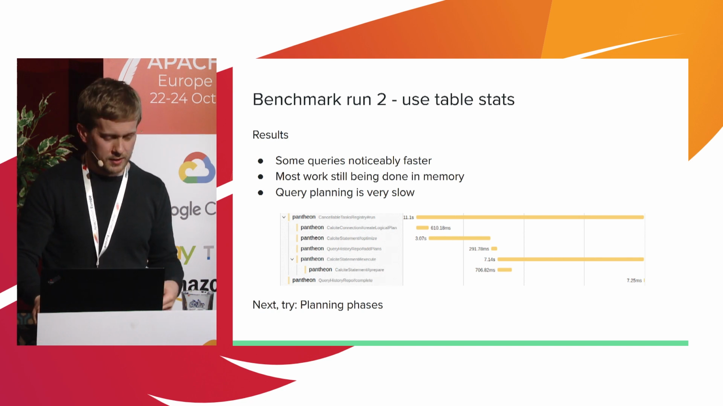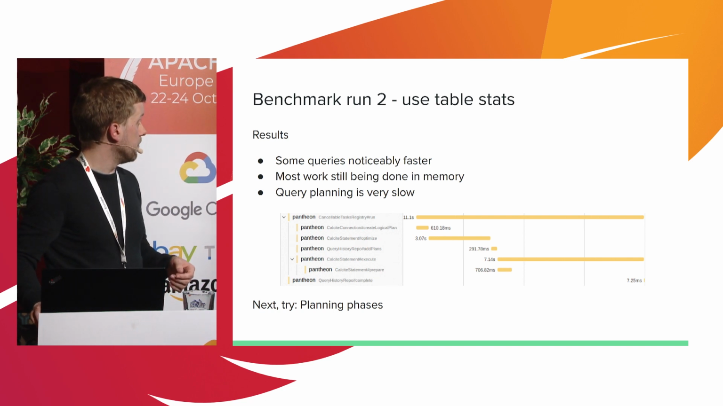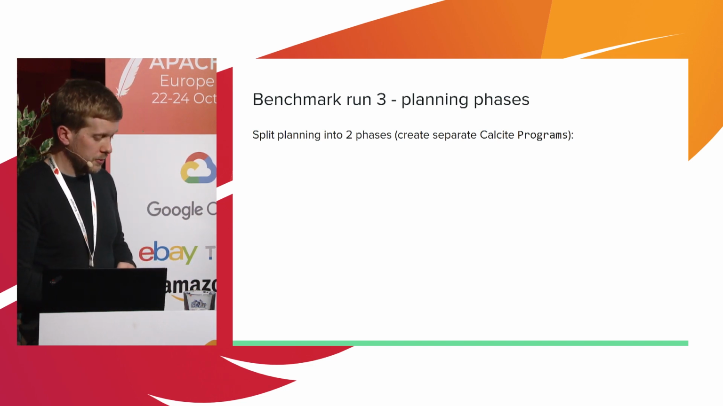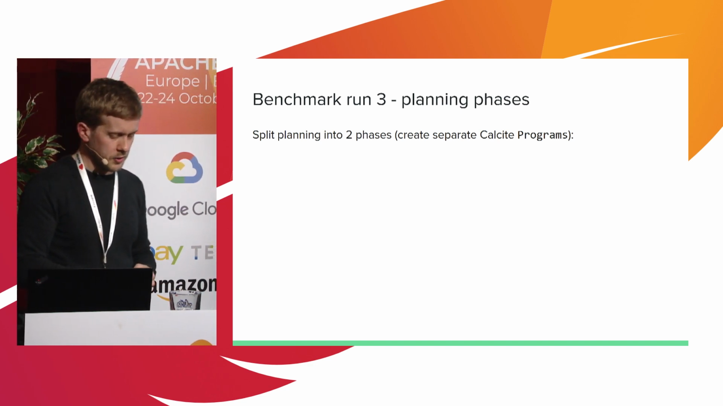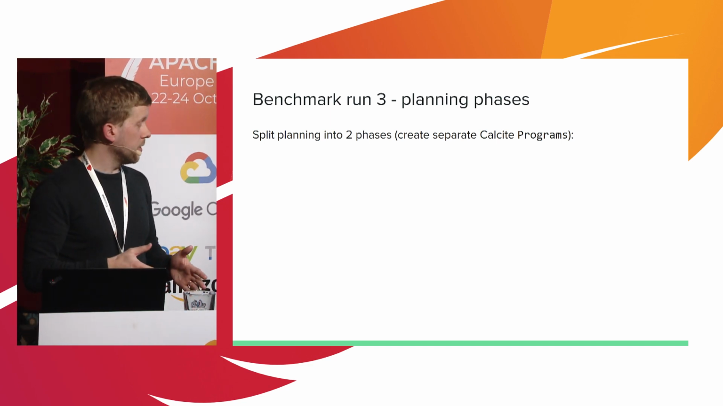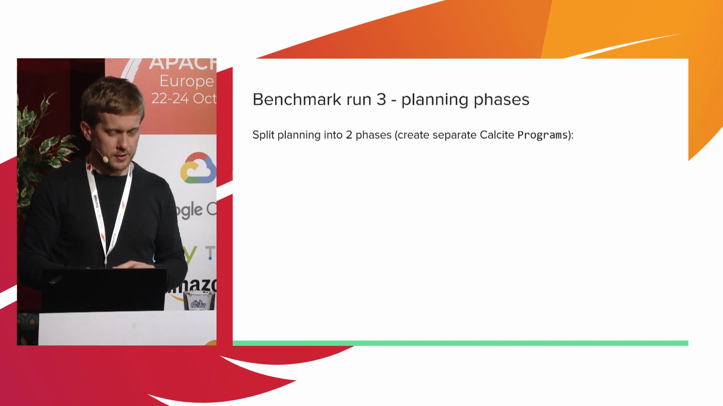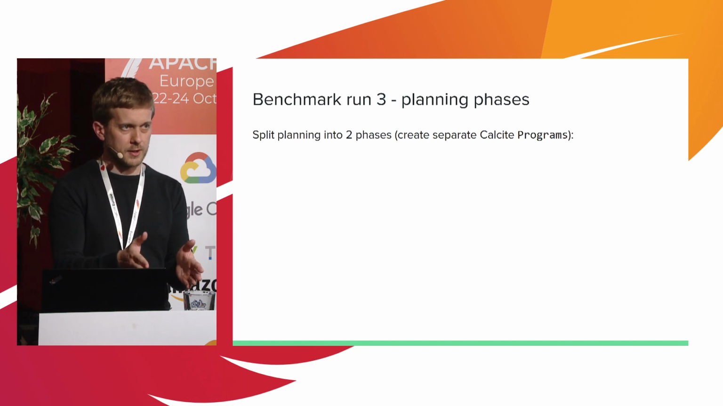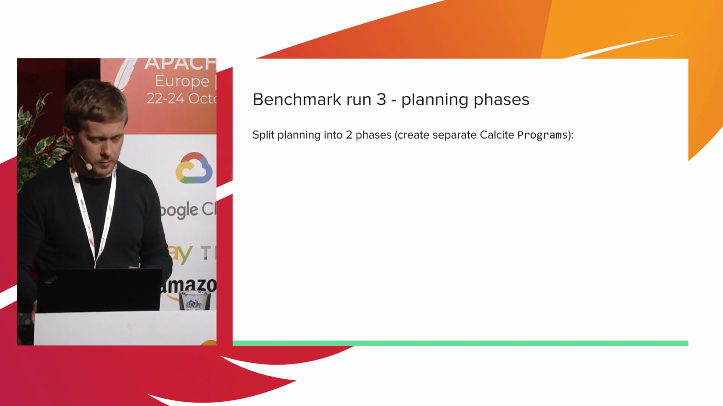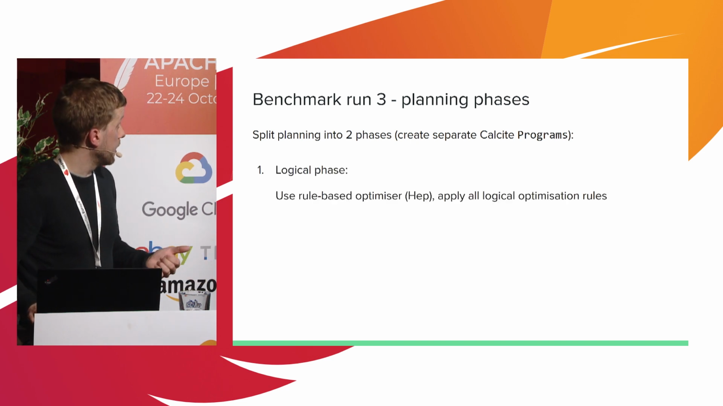So the next thing is planning phases. What do we mean by that? What we want to do is try and split up the planning into a couple of different steps. By default, what Calcite does is it just puts everything through the cost-based optimizer, which is less than ideal. We'll see why in a second. But